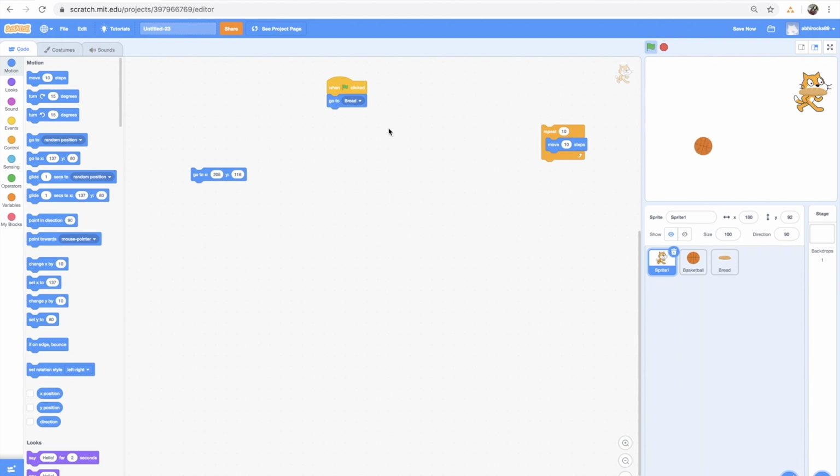You see something really funny? The cat looks like it's eating the bread. Can you see it? Okay,